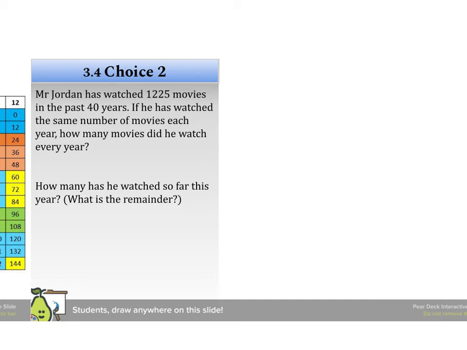Mr. Jordan has watched 1,225 movies in the past 40 years. He's approximately 40 years old. If he has watched the same number of movies each year, how many movies did he watch every year? So we'd have